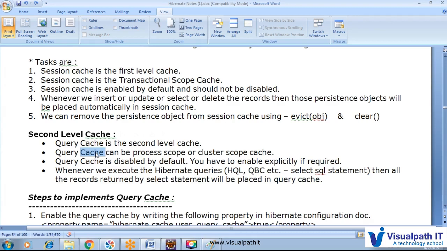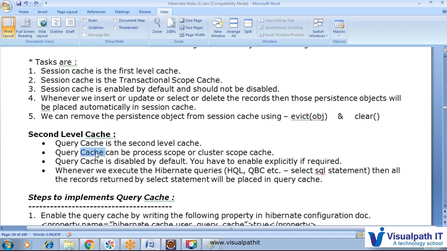The query cache is disabled by default, and you have to enable it explicitly, unlike the session cache. The session cache, the transactional scope cache, needs no enable or disable concept. It is always enabled, the Hibernate runtime system is responsible for enabling it, and until the transaction ends we cannot disable it.